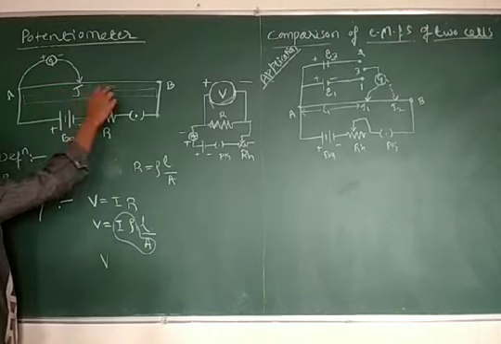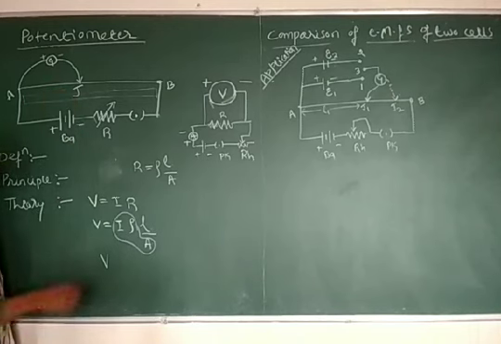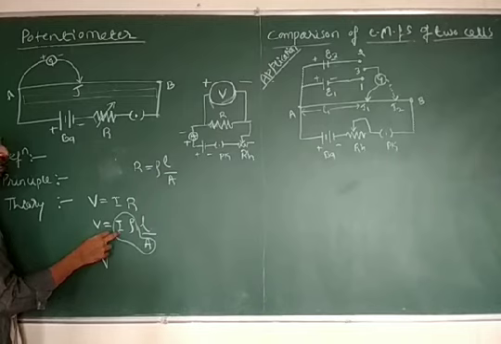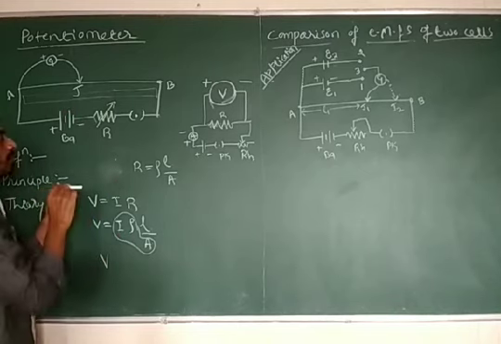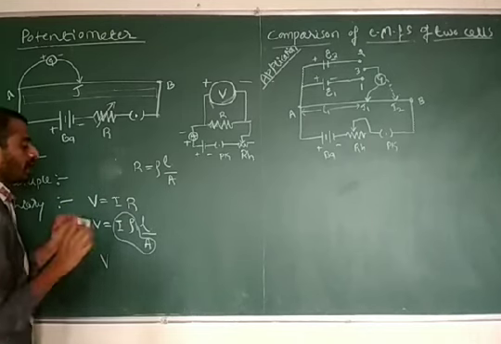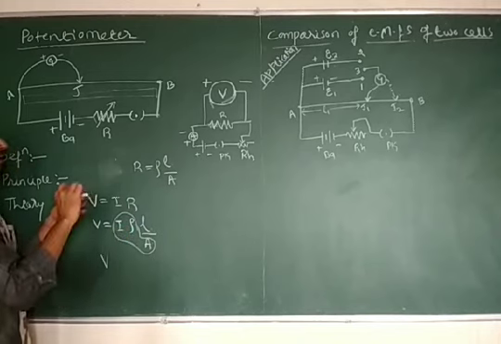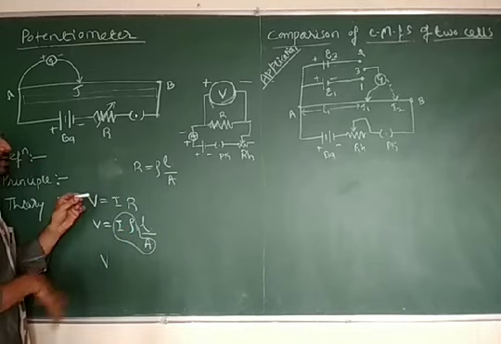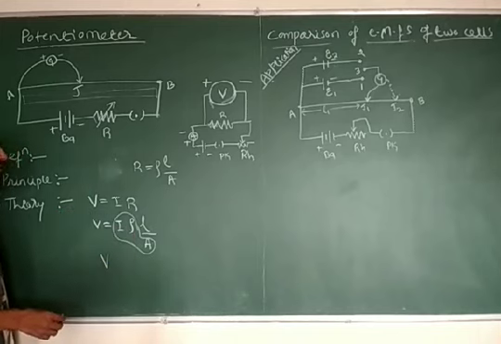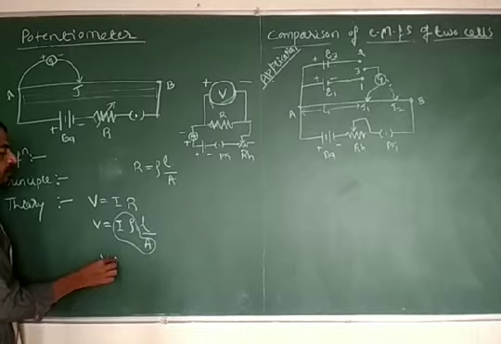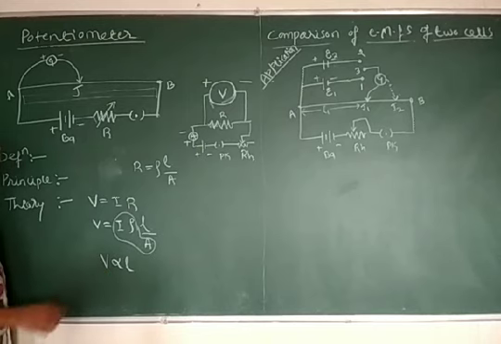For a known value of current, a constant, steady current, when you make it flow through the potentiometer wire, and if the wire has a uniform cross-section, the same thickness from end A to end B, then for a given material, whether manganese or Constantan, its specific resistance, resistivity, also remains the same. When these all remain constant, V is proportional to L. Based on this principle, the potentiometer is constructed.